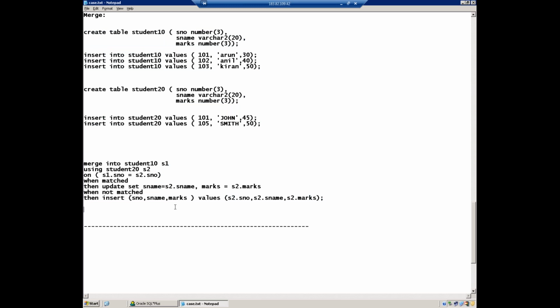That means in this example, you will lose one record. Why are we merging if we are losing one record? I mean, John will not be there if you merge it. We are updating one record. Why is one record updating? Because there is only one matching value. If there are 5 matching values, 5 records will be updated.